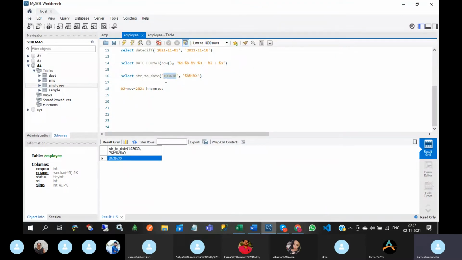Here we are passing a string, so that is converted into date. That means hours, minutes, seconds, as I have given here. Okay.